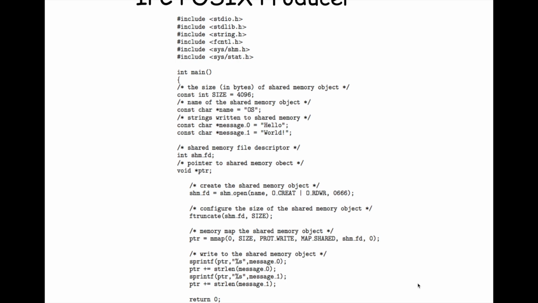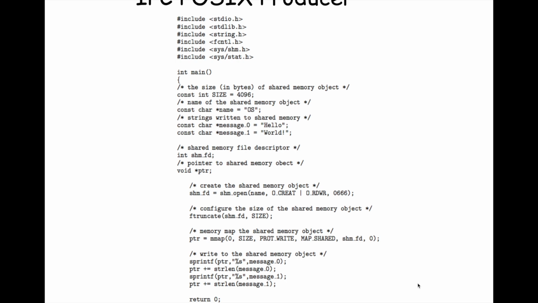And then we create a local pointer variable, and that's void star, because at that moment it's just a pointer to any type, but we're going to later assume that it's a char star, right? That's just to allow us to access that shared memory segment from this process once we attach it to our local memory. So the three routines of importance are shm_open, to create. It's going to create it readable, writable, and these are the permissions. The permissions are read, write for the user, its group, as well as everyone else. Then ftruncate, so it's going to now take that shared memory and allocate 4096 bytes of shared memory